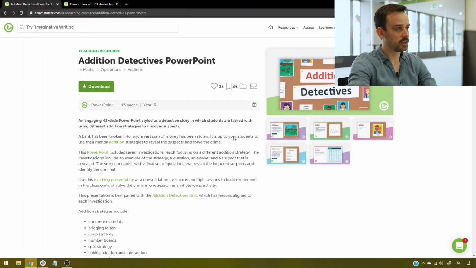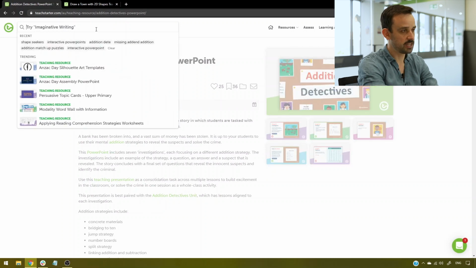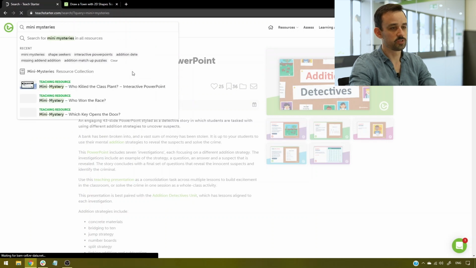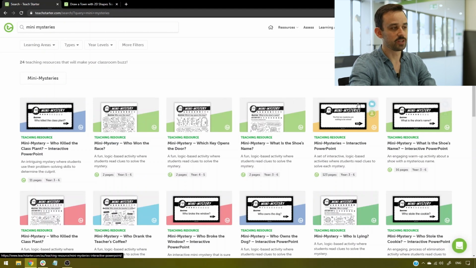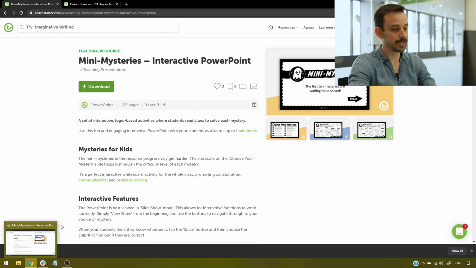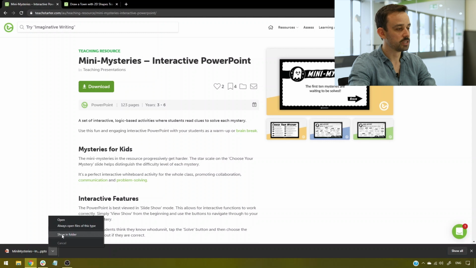The other interactive PowerPoint that I would just quickly like to show at the end is a mini mystery PowerPoint. And mini mysteries started off as paper-based resources, and we thought it would be a great option to incorporate as a gamified PowerPoint. So for this PowerPoint, the premise of each mini mystery is basically a little logic puzzle that